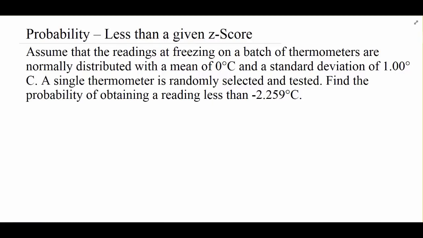So now that we've talked about the normal distribution and what it means to be a z-score, now we want to look at being even more precise than we were with the empirical rule. With the empirical rule, we said there's about 68% of the population within one standard deviation of the mean, and about 95% of the population is within two standard deviations. Well, those are some rough values, and of course we have the 99.7 for within three standard deviations.